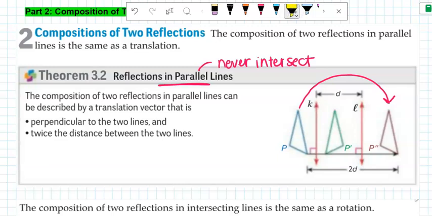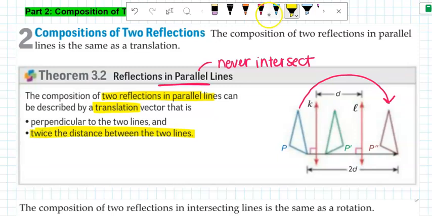Okay, so if it's two reflections in parallel lines, this is going to cause a translation from the very beginning to the very end. The other thing is the distance of the translation is going to be twice the distance